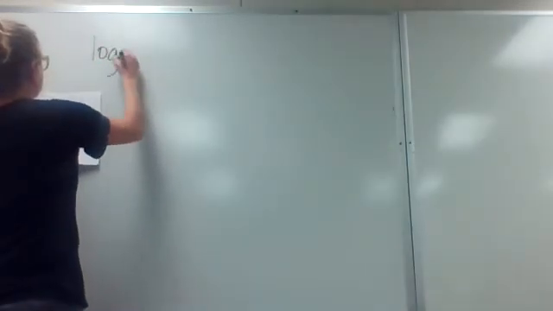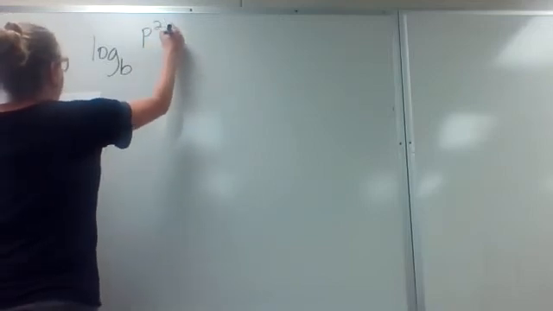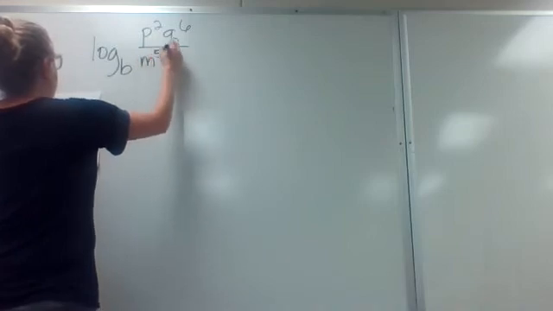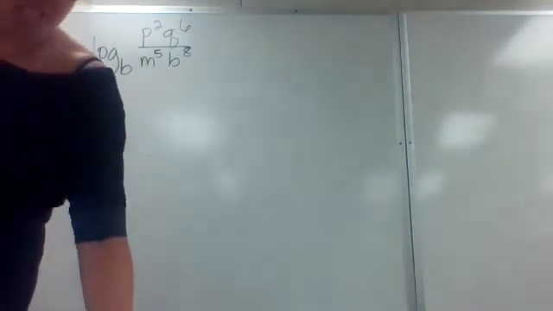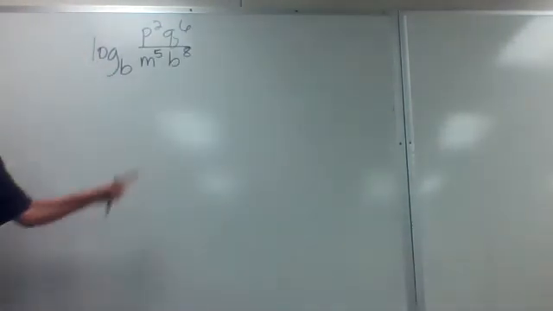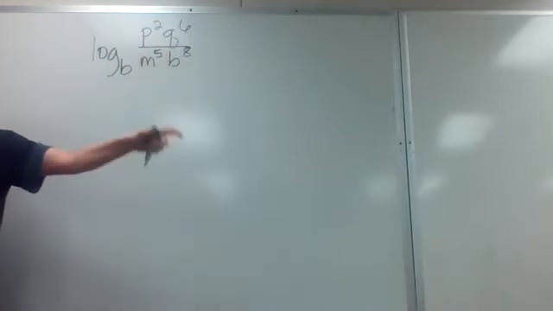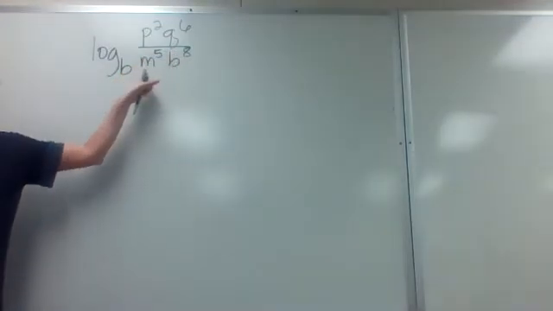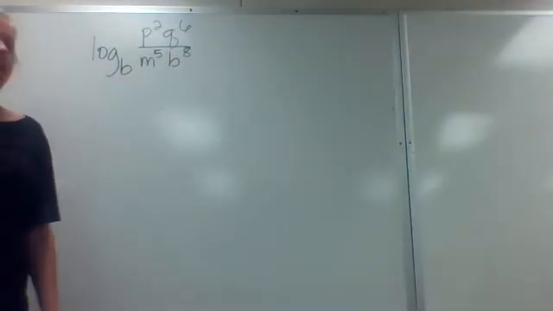I've got log base b of p squared q to the 6th over m to the 5th b to the 8th. So I'm expressing as sums and differences. The ones that are in the numerator are going to be the sums. Those are the ones that you're going to be adding. Once you get to the denominator, you're going to be subtracting these, and they're all going to be that log